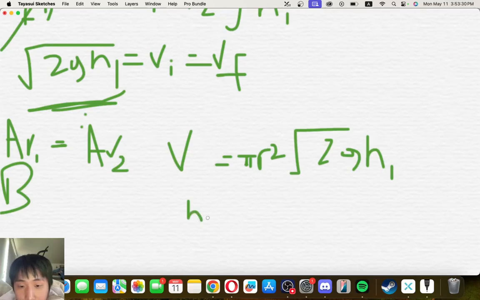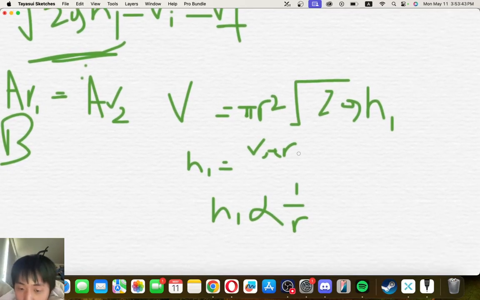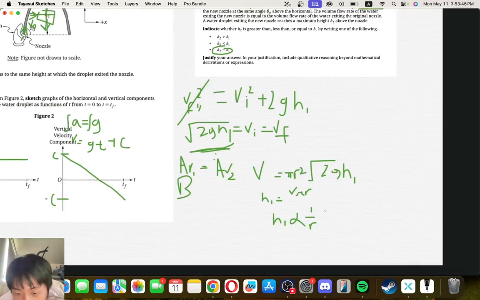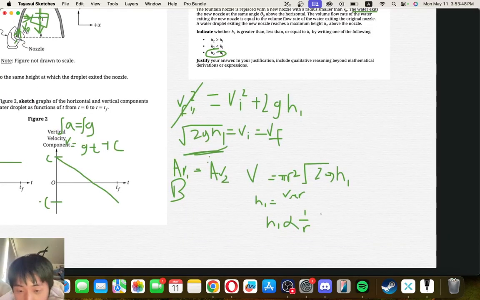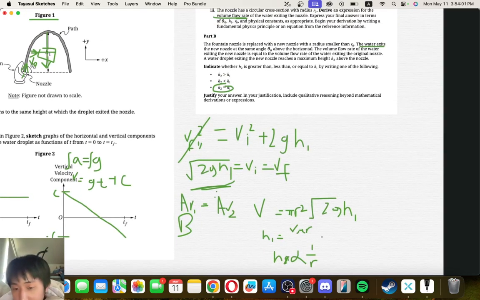Solving for h1, basically h is proportional to 1 over r. So the smaller the r gets, the bigger h gets, and the bigger r gets, the smaller h is. Given that we now know what this means,